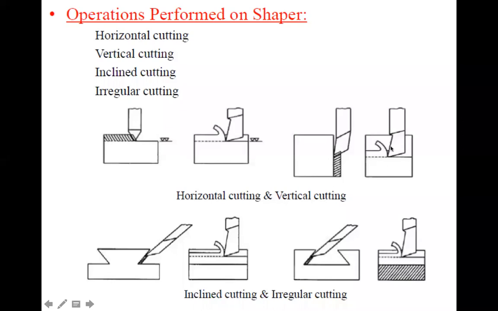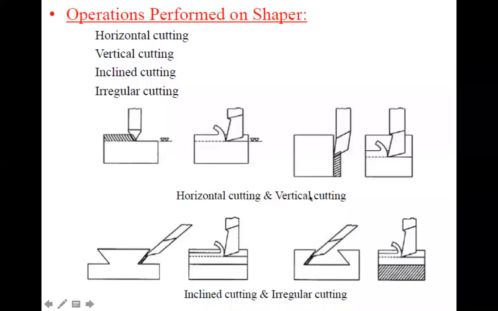So vertical cutting, and also it can make inclined cutting. For example, some 45 degrees or maybe 30 degrees, whatever the slots or internal grooves you see. If you want to cut an internal groove at some angle, definitely shapers can do that, where the tool can move in an inclined direction, or using the clamper box you can tilt the tool at that particular angle and then move forward and backward. This direction is also called inclined cutting.